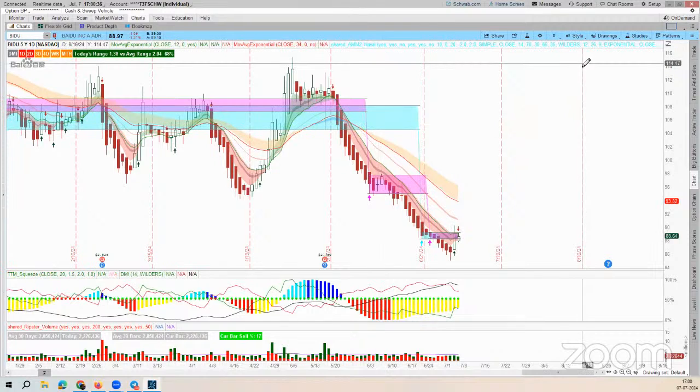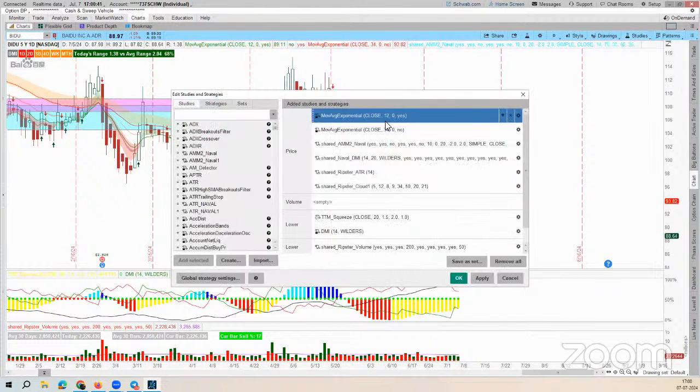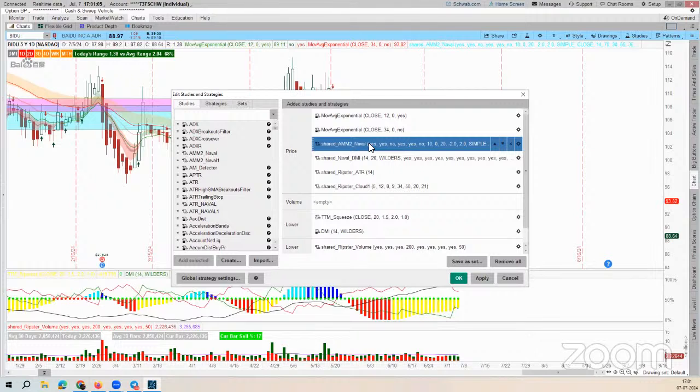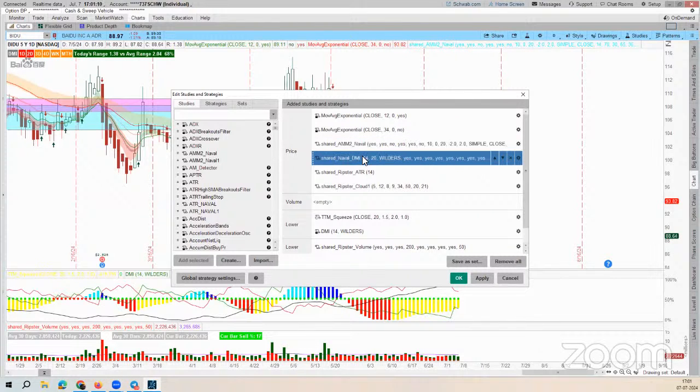So in my toss, I have these studies, which is moving exponential average for 12, for which I have used the color green because this is the fast average. Then I'm using the exponential average of 34, which is red in color, which you can see right here. It's red and green. Then this was a paid indicator, which is AM2. It's for supply and demand. You can ignore this. Then this is a DMI,